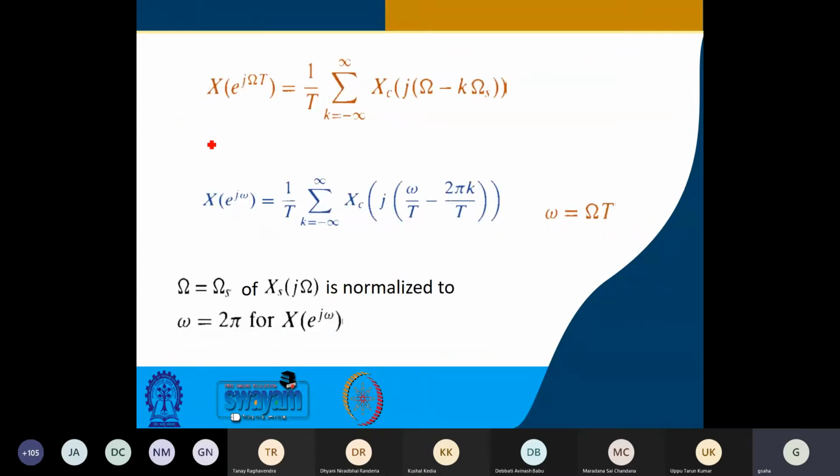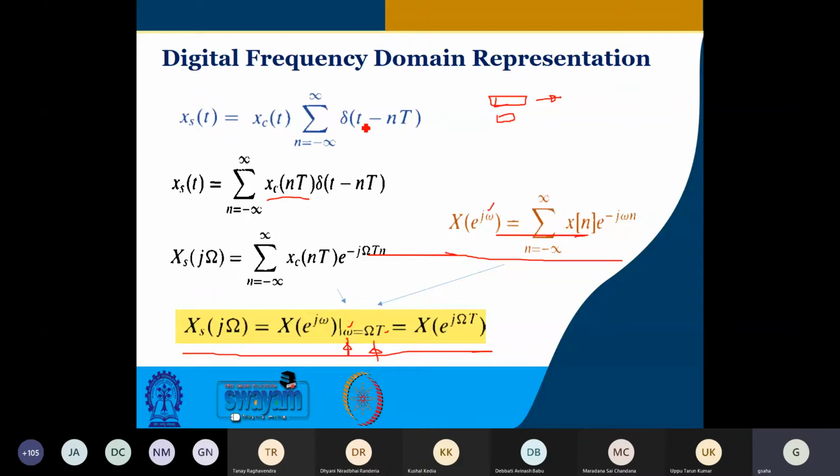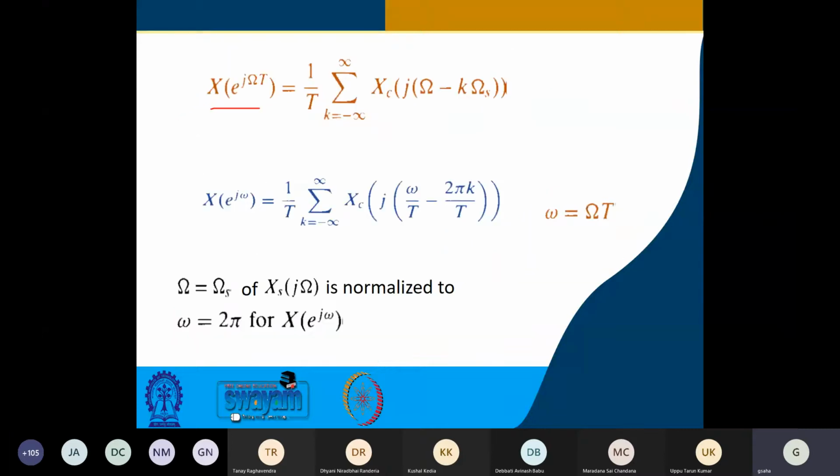So further we looked at the corresponding representation of x, the sampled values, the sequences that are there, x[n]. In the digital domain, which was X(e^{jω}), now it is X(e^{jωT}), the sampled version. It would look like this, and then the corresponding representation in the omega domain. So this was in capital omega domain, so small omega domain. This is the repetition that we will see, and the normalization that is happening, so omega s is 2 pi.